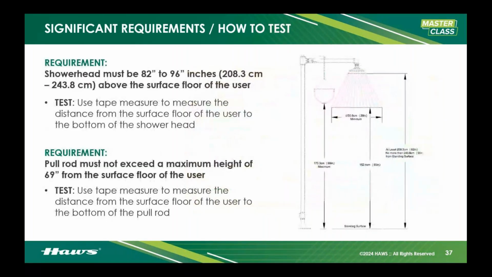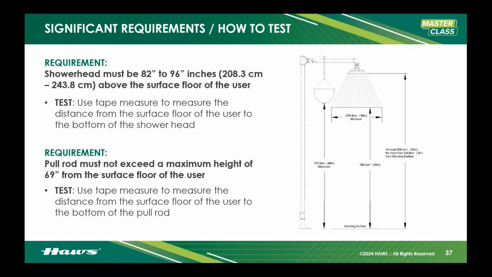The other thing you need to consider is that the shower head has to be 82 to 96 inches above the surface floor of the user. Okay. Now, if it is under 82 inches, the flow pattern is going to be too narrow. It's not going to completely cover our body, and maybe a more intense spray on the user itself. If it is above 96 inches, this I see very frequently in hospitals as they install their shower heads directly into the ceiling tiles, and sometimes those are much too tall. So 82 to 96 inches, that's kind of the golden area in there.